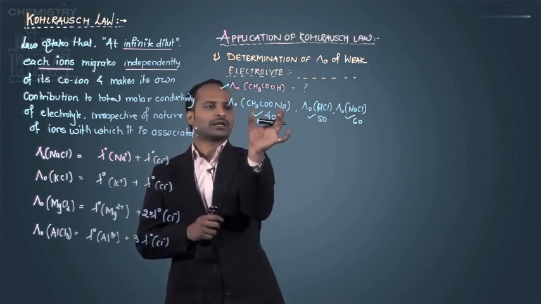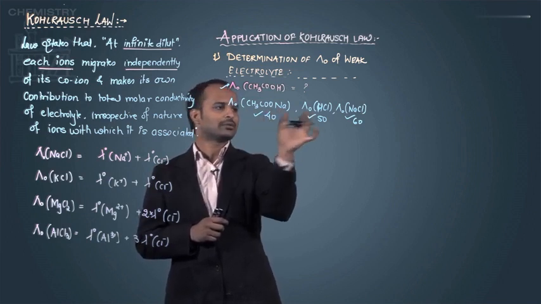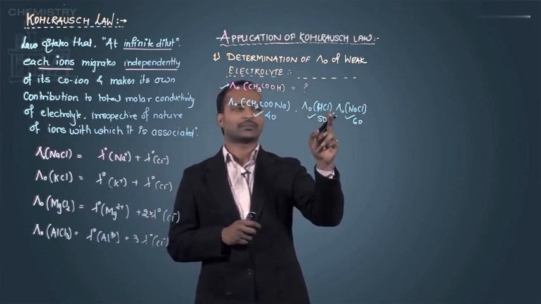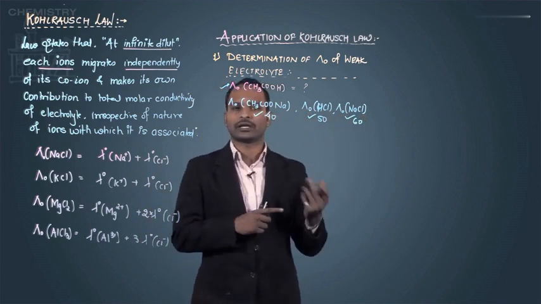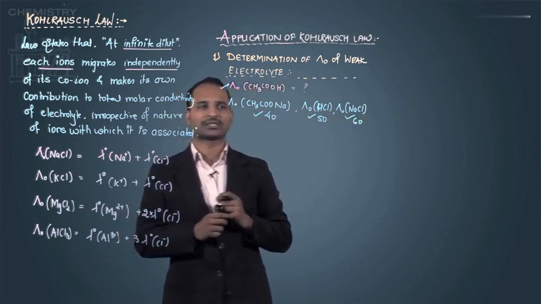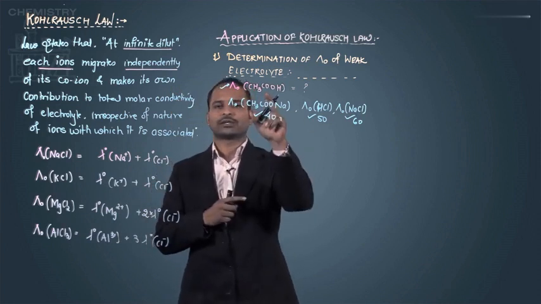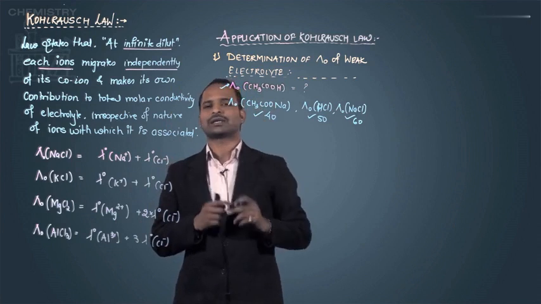Sodium acetate, its conductivity will depend upon its ions, that is Na plus and acetate ion. HCl conductivity will depend on the ions, that is H plus and Cl minus, and NaCl conductivity will depend on Na plus and Cl minus. So you have to add or subtract so that you should get this acetate and H plus